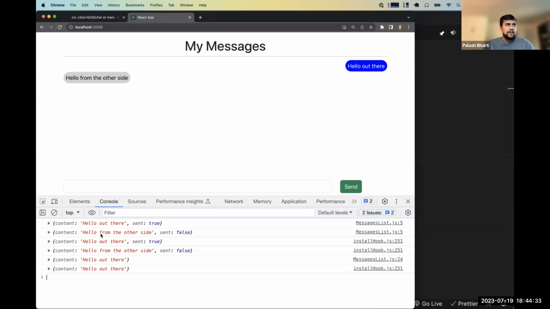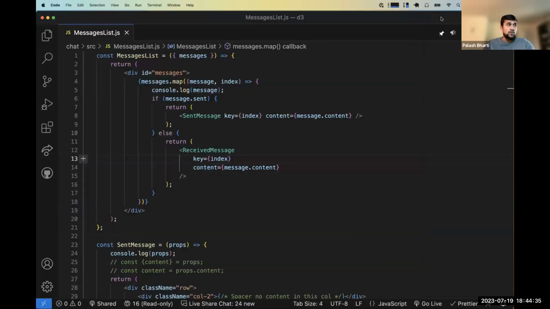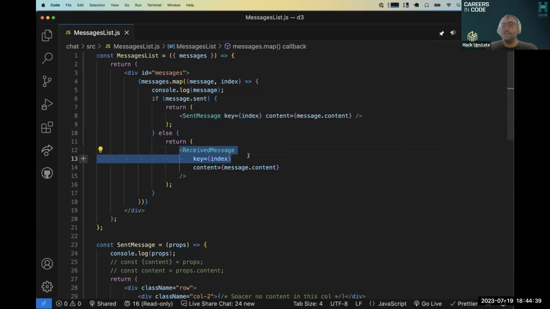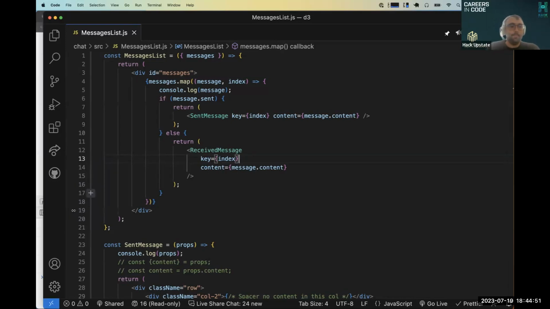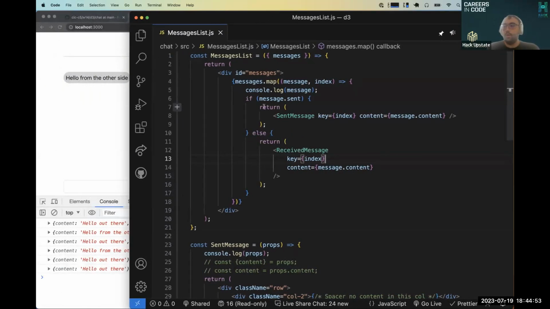Did we add that key equals index to both the sent and the receipt? Okay. Couple more things I want to do before I do,